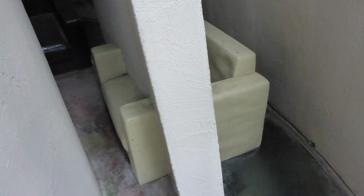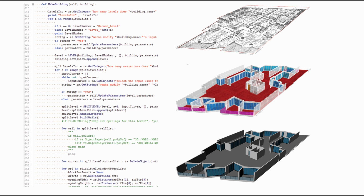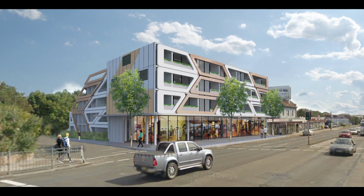But during the gaps between these modelling tasks, I had time to build a Python code to automate this. Of course, I still had to manually trace the plans, but if I put the objects on the right layer, the code could 3D it for me. I got a process which previously took me weeks or days, down to days or hours, depending on the size of the development. Once the geometry was three-dimensionalated, I'd hand over the models to the visualization team to make renderings